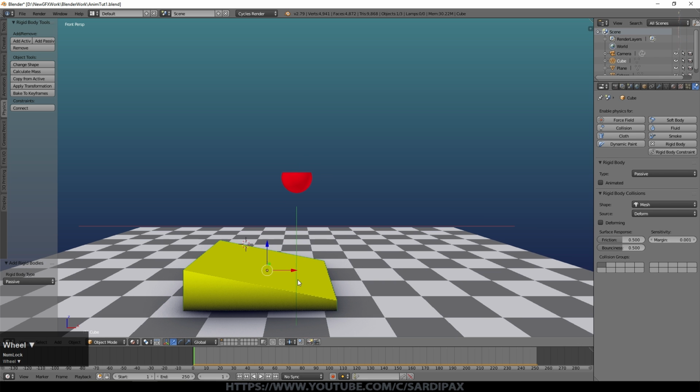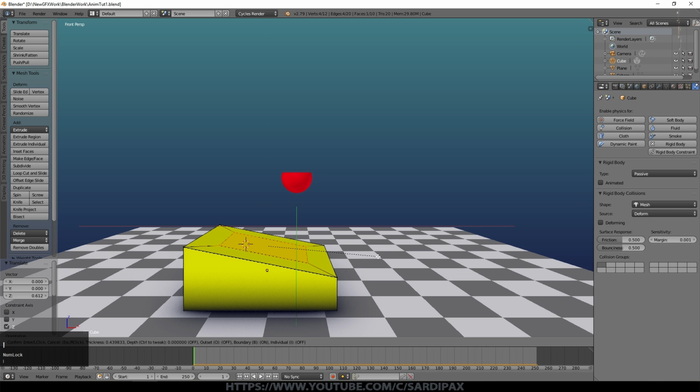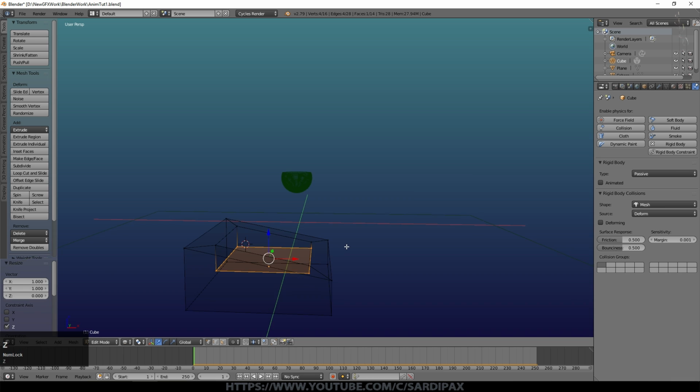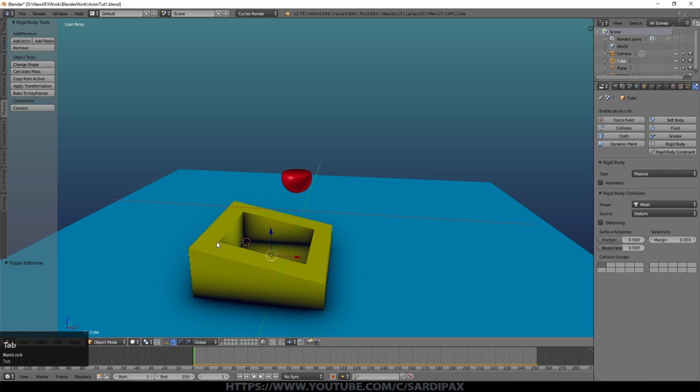So if I select my object here, and I'll select all those top faces, press I and scroll in a bit, so that's inset a face, press E and then left click and then just pull it down and say scale Z 0 to flatten it off. Just looking from the side, bring it down a little bit. So we've now got a shape with a hole in the middle.